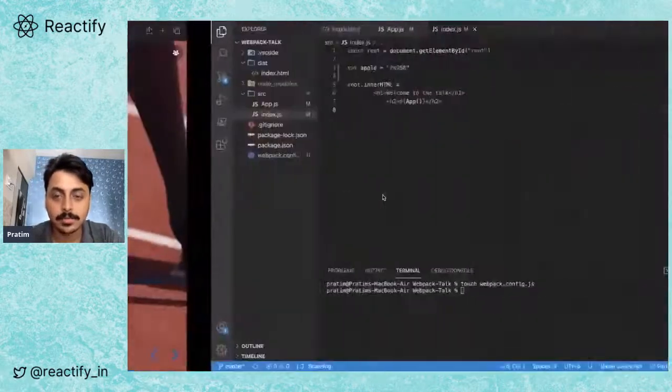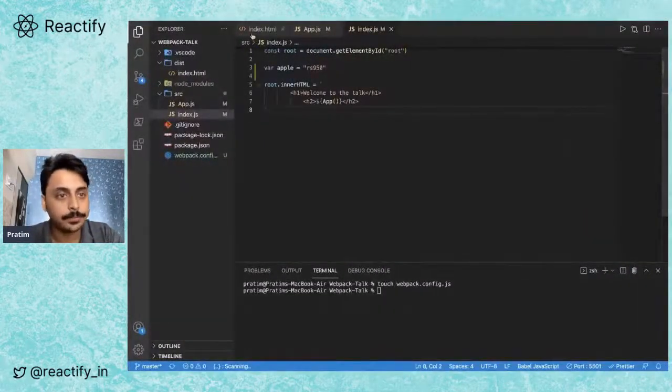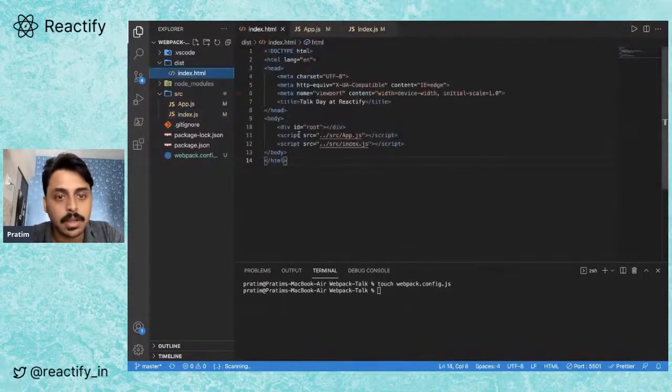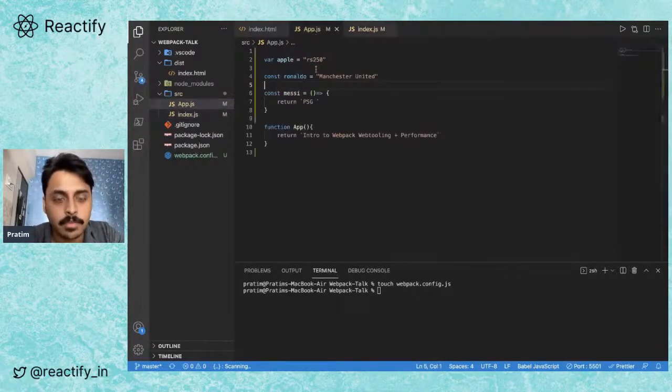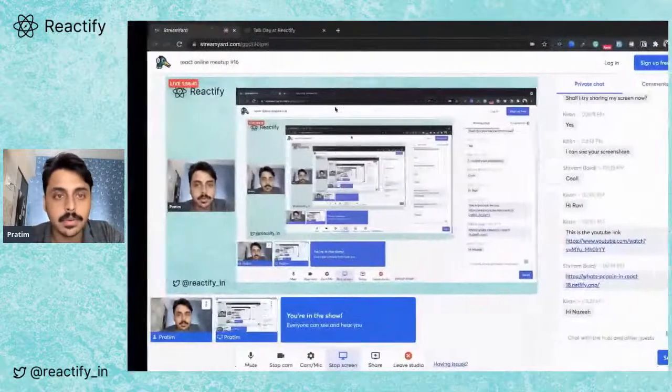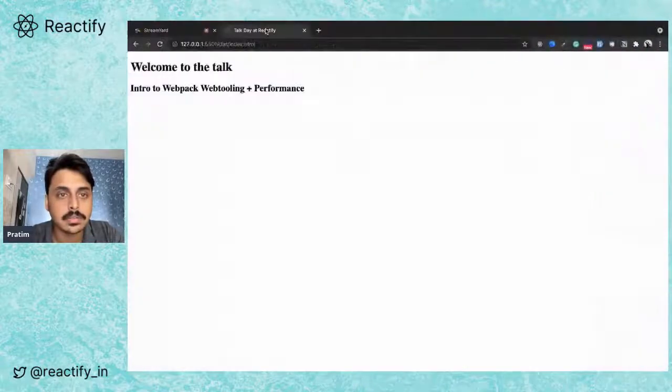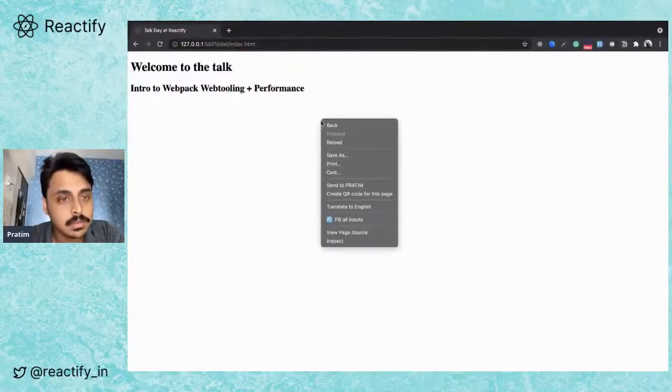So let's start. I have this simple folder structure. I have just a div with ID of root, and I have two script sources. And index is just taking the div which has the ID of root and writing the inner HTML, "Welcome to the talk", and I'm just calling the app function. Now, when I open it, we can see that